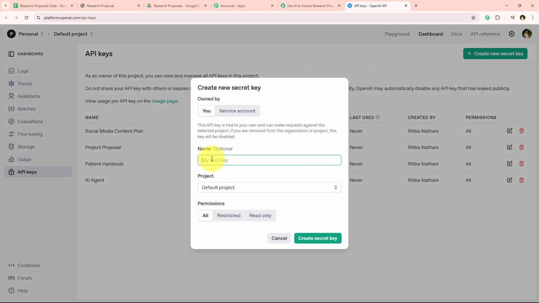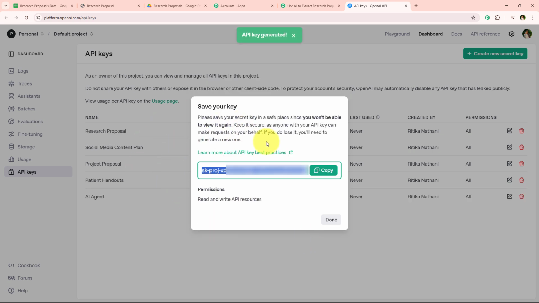And that is asking me for the name of the key. So I'm just going to name my key as research proposals. So I'm just going to enter the key name right over here. And as you can see that I've simply entered my key name, and now it is asking me to select the project. So I'm simply going to select my project and click on this green button which says create secret key. And as you can see, the key has been created,